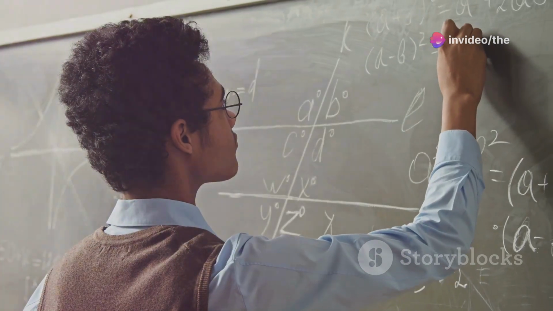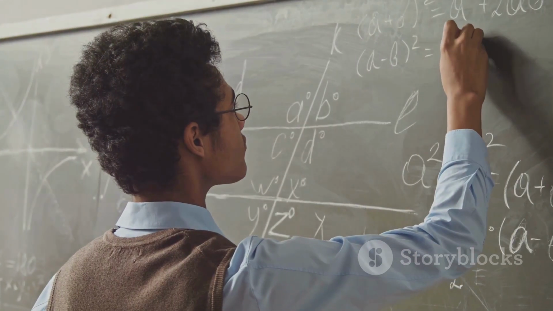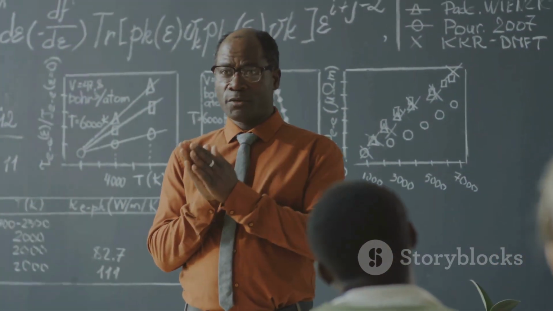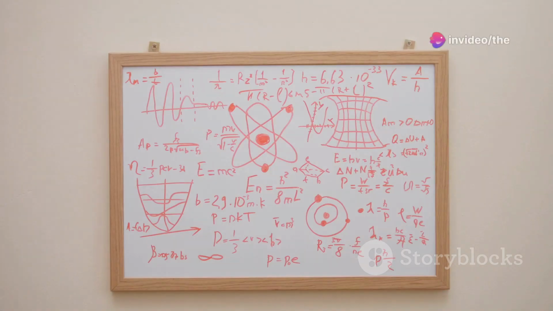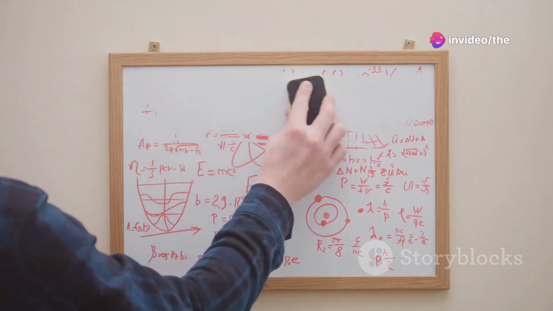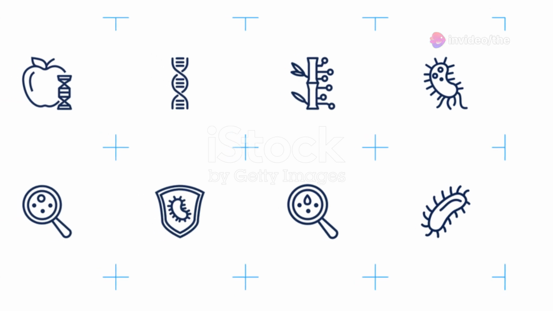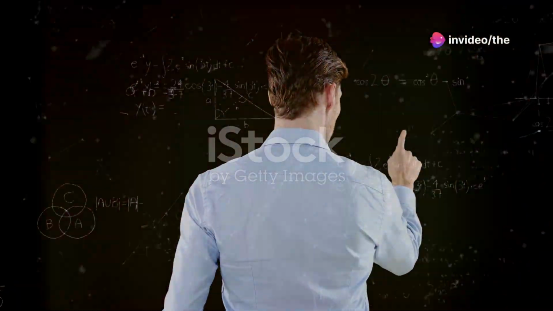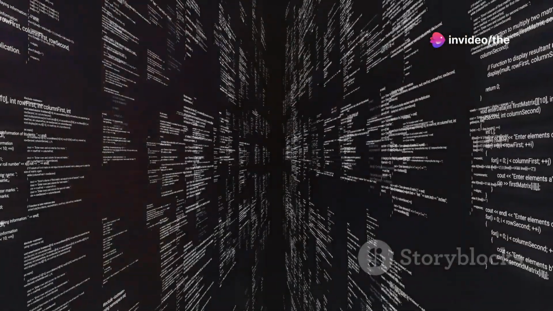Each element of a Feynman diagram corresponds to a mathematical expression. By drawing the diagram, physicists can write down the corresponding equations. This simplifies the process of calculating probabilities of different interactions. Feynman diagrams have become an essential tool in particle physics. They provide a clear and intuitive way to understand particle interactions. Without them, many calculations would be much more difficult.